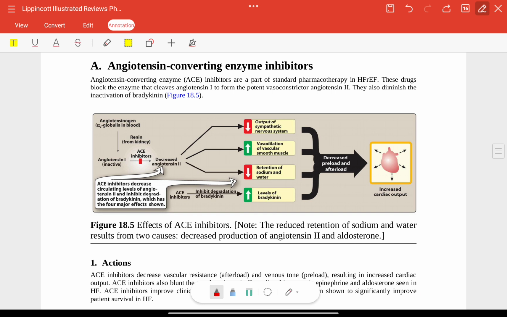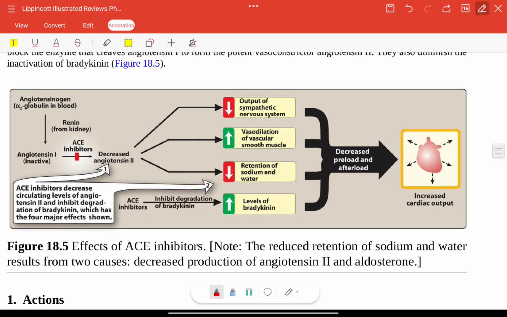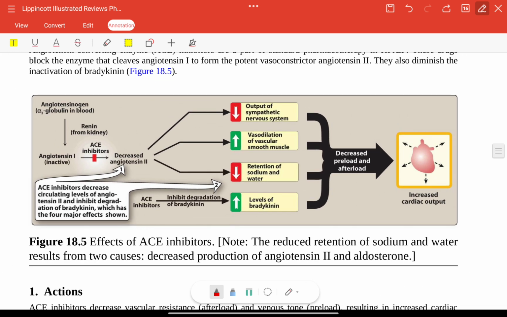Now, angiotensin converting enzyme inhibitors. You know that angiotensinogen converts to angiotensin 1, and the ACE enzyme converts it into angiotensin 2. ACE inhibitors work here and block this mechanism. ACE inhibitors will decrease the circulating levels of angiotensin 2 and inhibit degradation of bradykinin, which has the 4 major